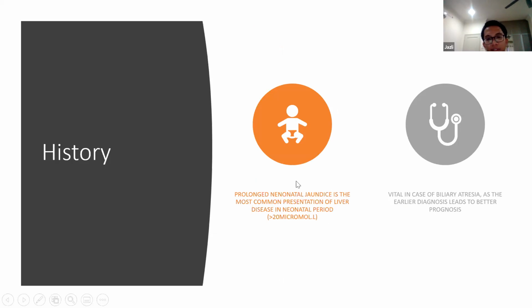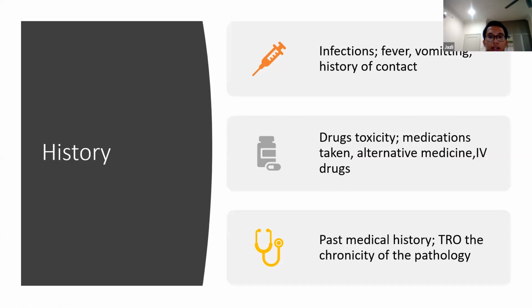Based on the reference, they say prolonged neonatal jaundice is the most common presentation of liver disease in the neonatal period, with bilirubin of more than 20 micromole per liter. It is vital in the case of biliary atresia, as early diagnosis leads to a better prognosis. Okay. All right. So infective